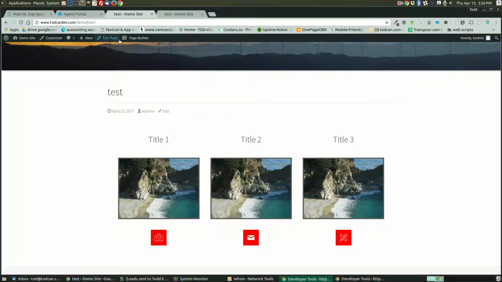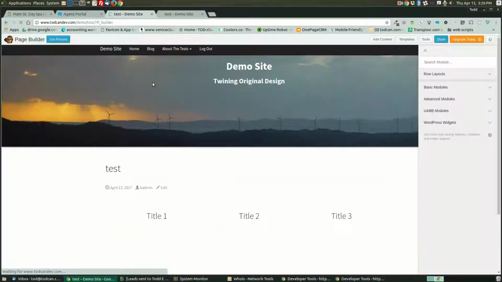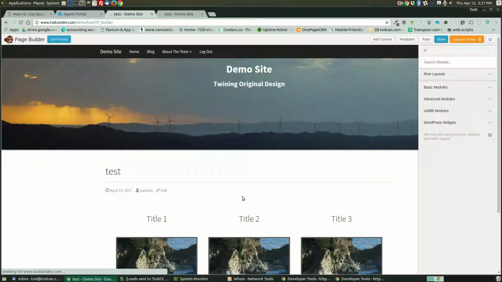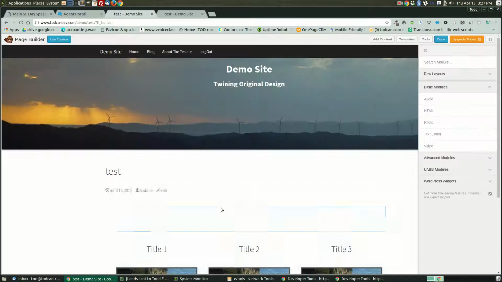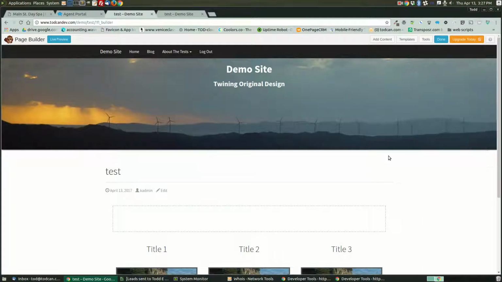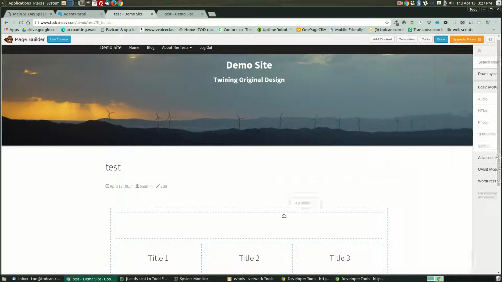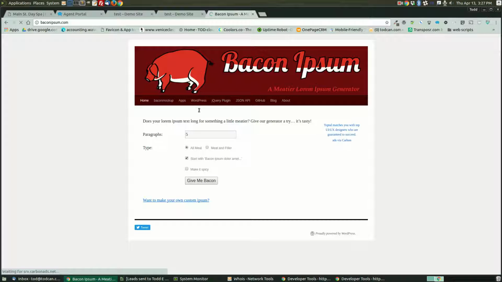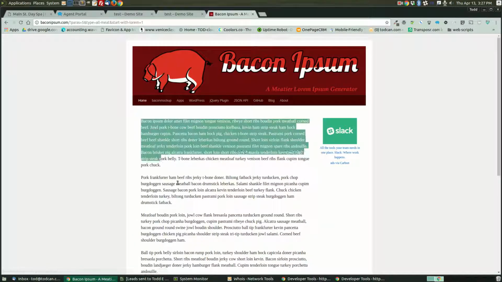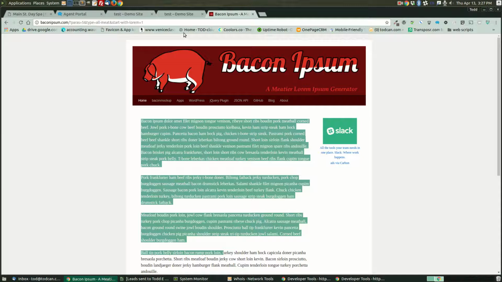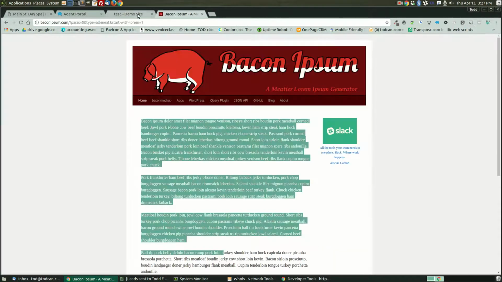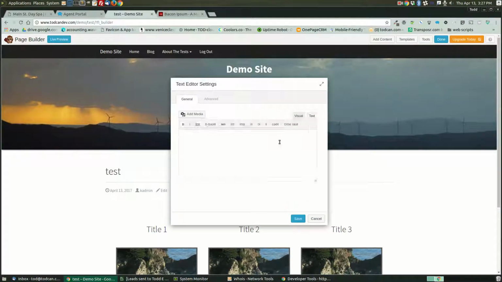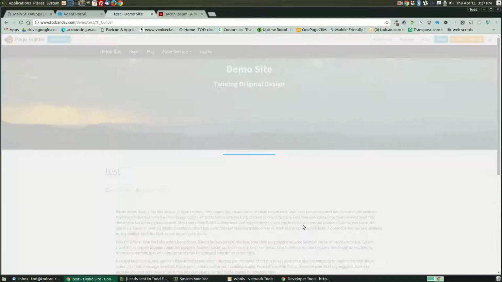Okay, so we got this going here, but obviously pages have a lot of text on them a lot of times. So one of the first things you're likely to do is just take a nice one column row and put that above all this. And then a text editor. And I can grab some dummy text here from our friends at Bacon Ipsum. And I can put that text right in here and hit save